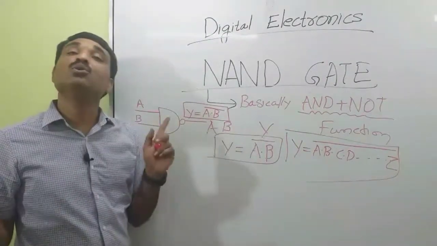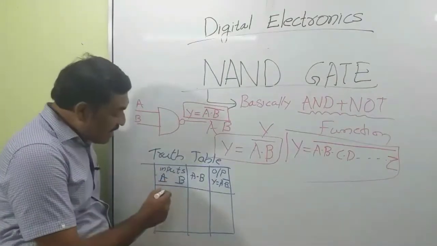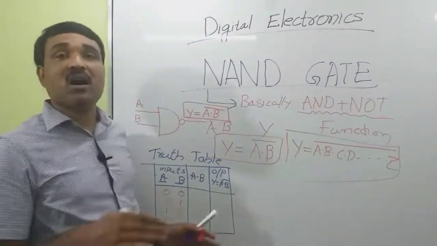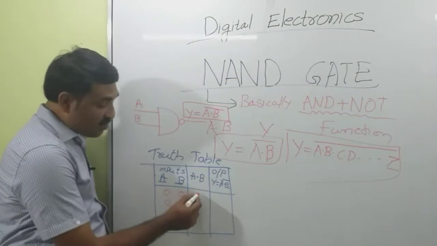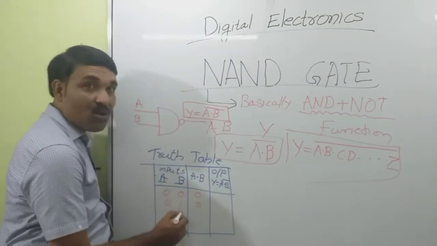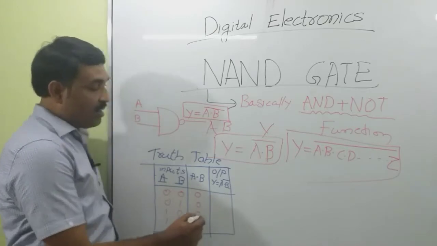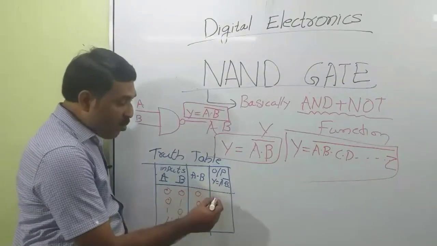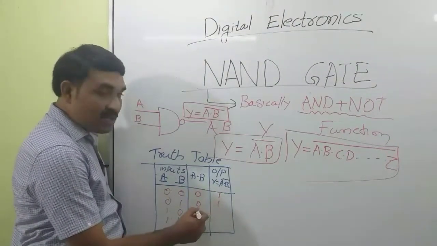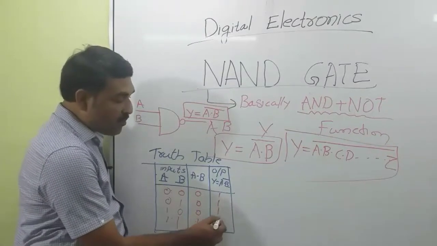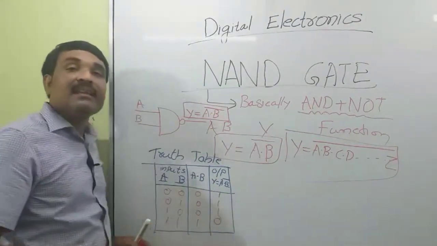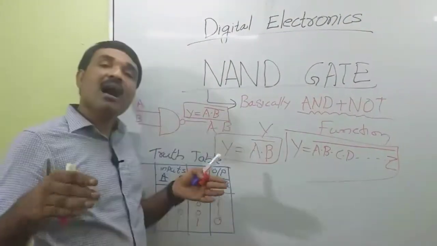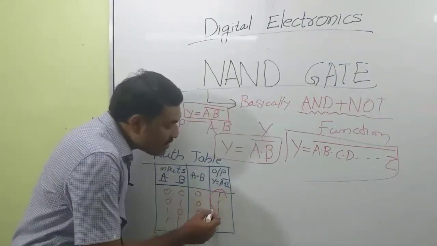Now we can draw the truth table. We have two inputs A and B. Let them be 0 0, 0 1, 1 0 and 1 1. So all combinations are here. Now A dot B: 0 dot 0 is 0, 0 dot 1 is 0, 1 dot 0 is 0 and 1 dot 1 is 1. Now the output is the complement of A dot B. So A dot B is equal to 0, so its complement is 1. The complement of 0 is 1. Here the complement of 0 is 1. Here A dot B is 1, so the complement is 0. In a NAND gate, the output will be low logic or low level when both inputs are high. Otherwise, it is always high logic, that is 1.